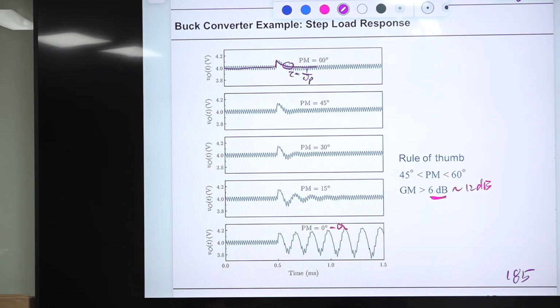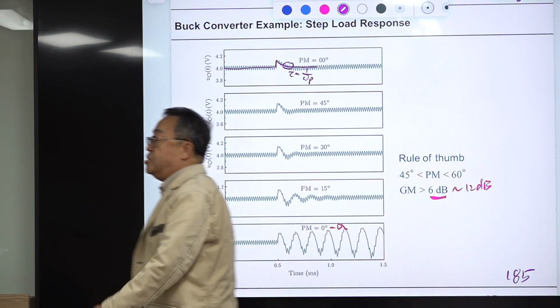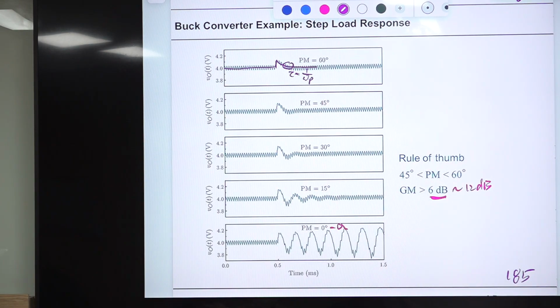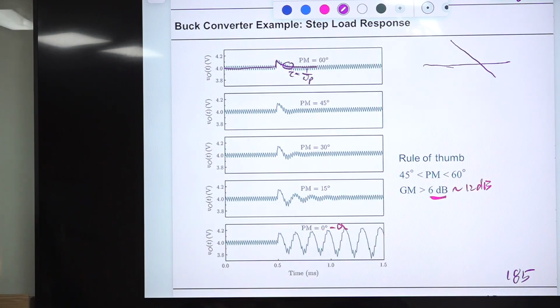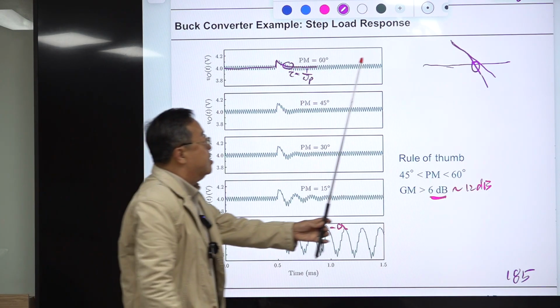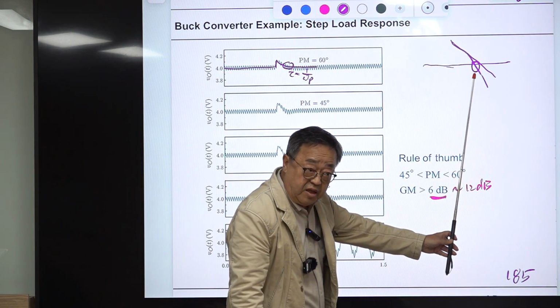But it also depends on the characteristic of the loop gain. So around the crossover frequency here, maybe the loop gain is changing very gradually like this. Then this phase margin or this gain margin is okay. But if near the loop gain crossover frequency it is changing like this, that means the phase is changing abruptly and the gain is changing fast. Okay, then this number